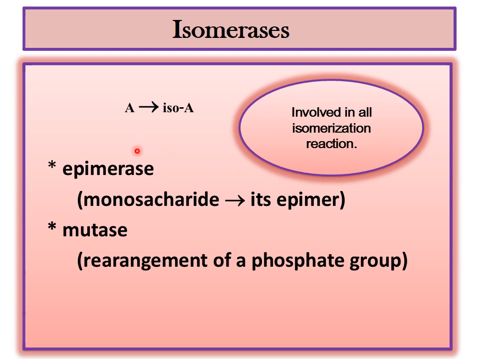The first is epimerase. What is epimerase? When epimeric isoforms are there, isomerization reactions take place. Then mutase, which is the rearrangement of phosphate groups or other groups. These are mutase enzymes. And other examples of isomerase enzymes you can see in glycolysis, that is phospho